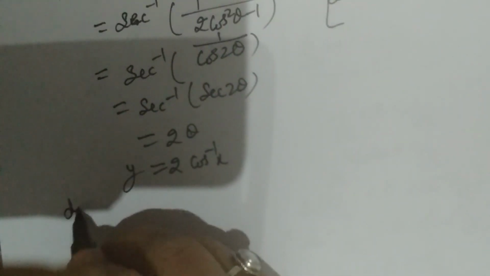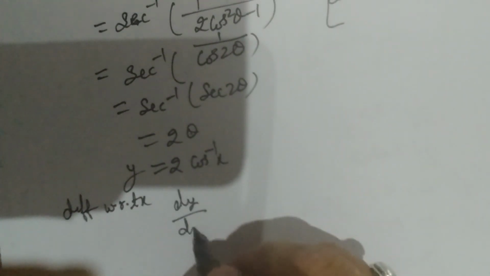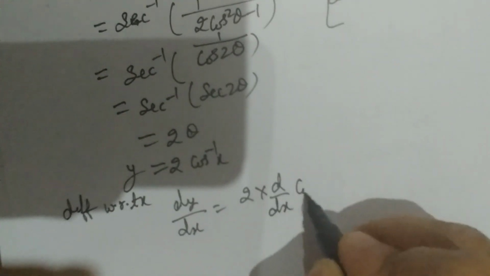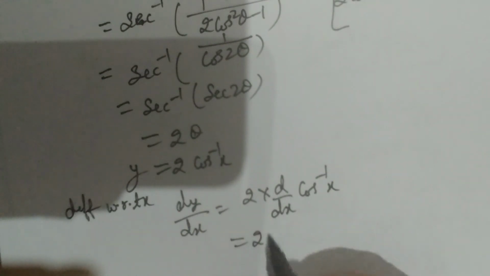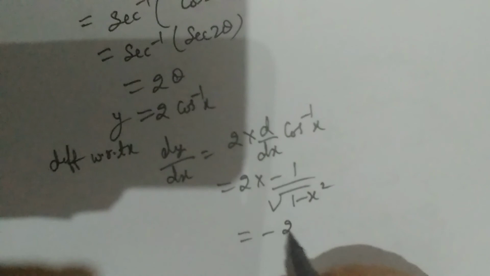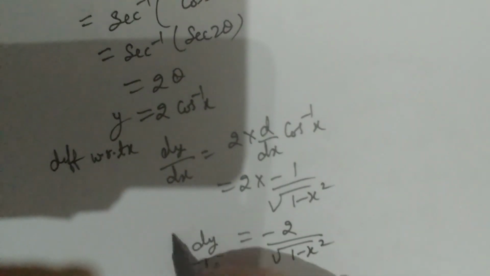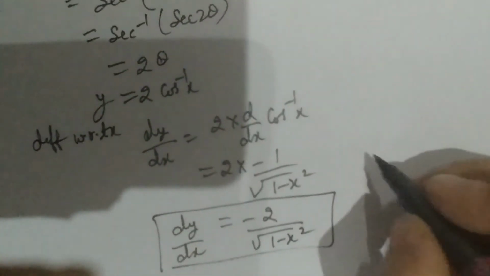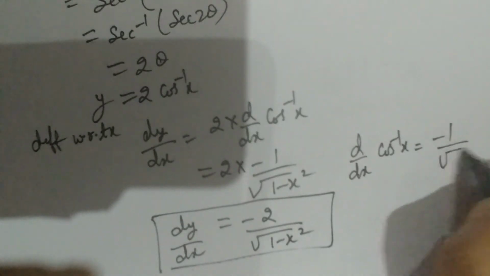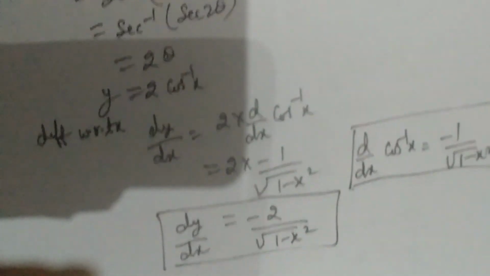So let us differentiate with respect to x. I'll get dy by dx as 2 times d by dx of cos inverse x. It is minus 1 upon under root 1 minus x square. So it is minus 2 upon root 1 minus x square. Now let us